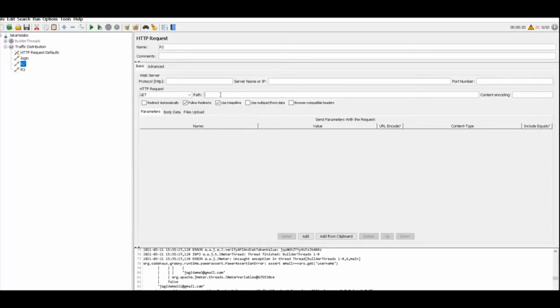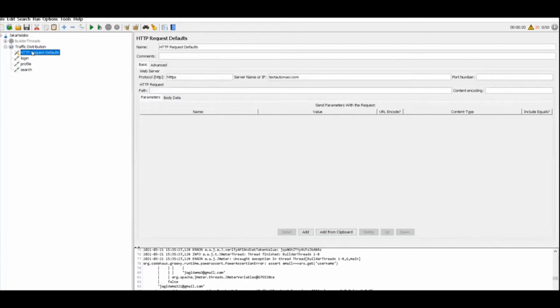Second request becomes profile. And third request becomes search.